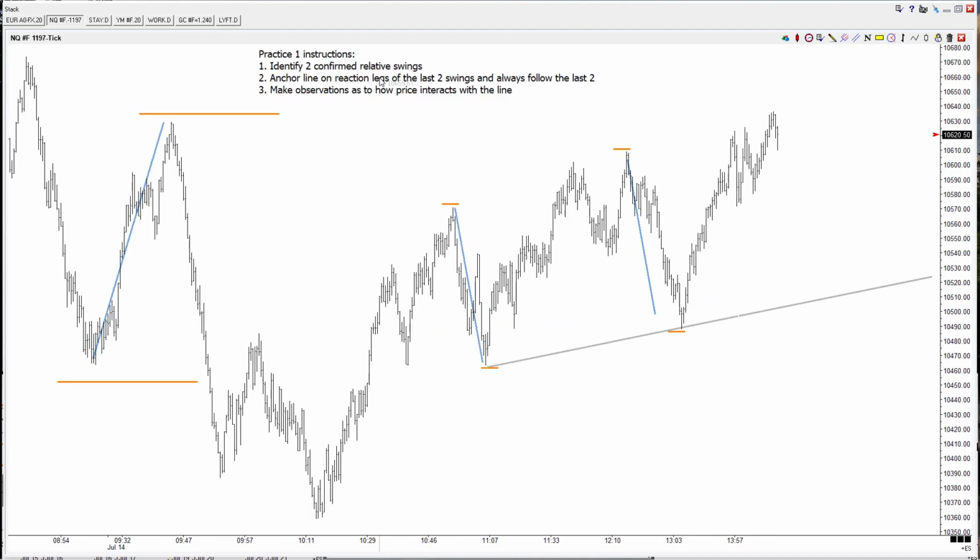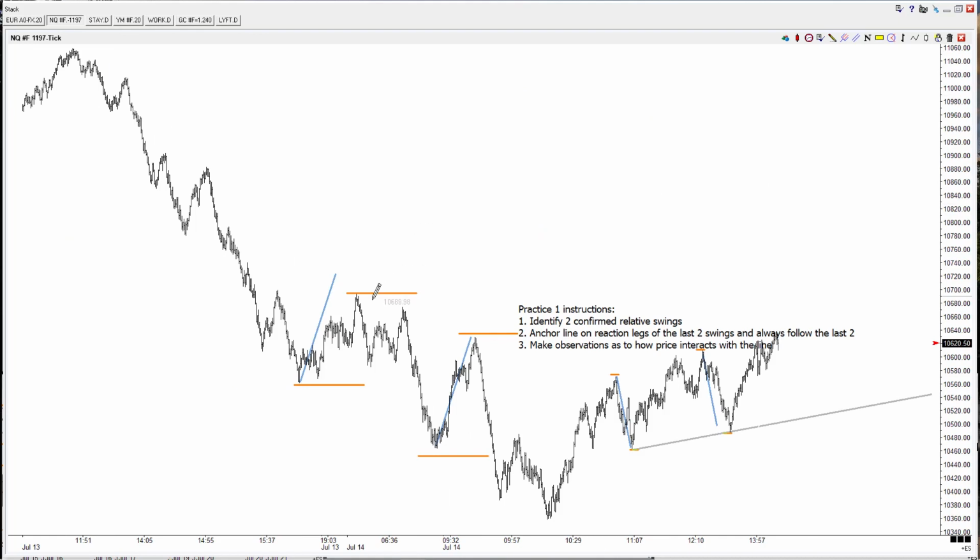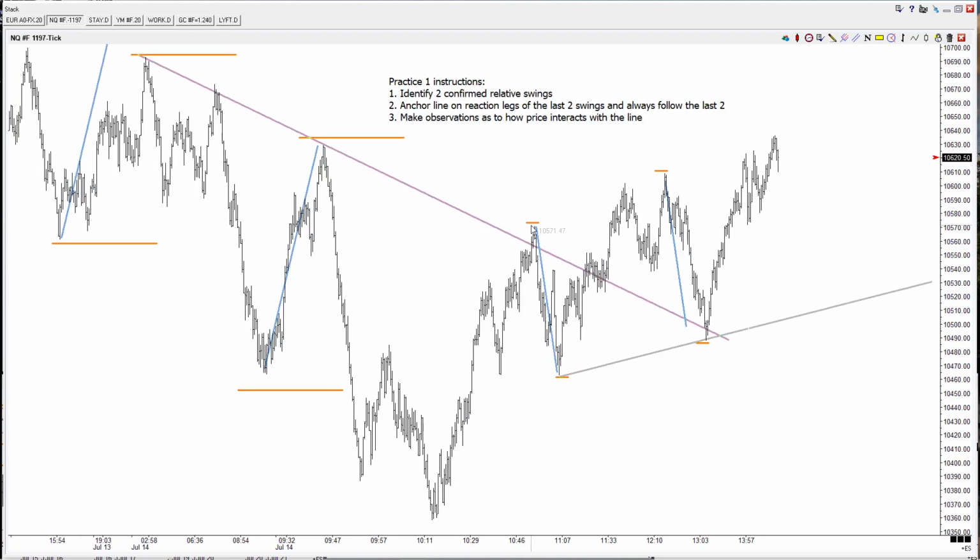Identify two confirmed swings, anchor the line, and if it moves, we'll follow it. So notice I'm not bringing any baggage of multiple time frames and indicators and what happened yesterday or what the Fed is doing. If I just go like this from my map and I go like this, right? Do you see what I'm learning? Something has changed. This one line is actually teaching us something about how swings swing, and it's also teaching you something about